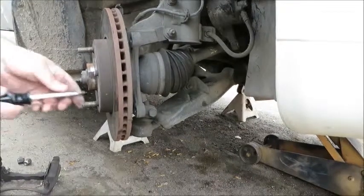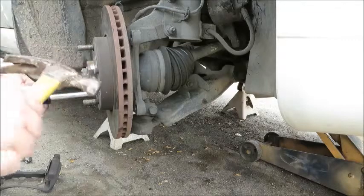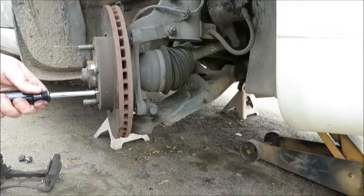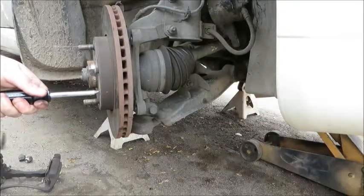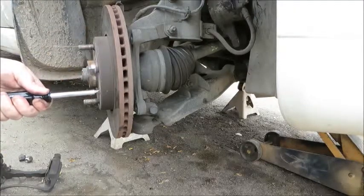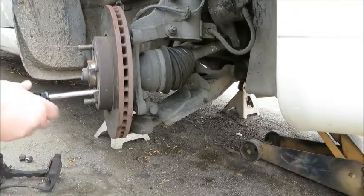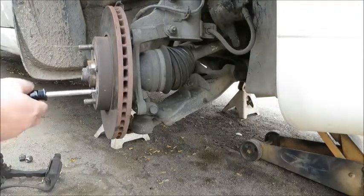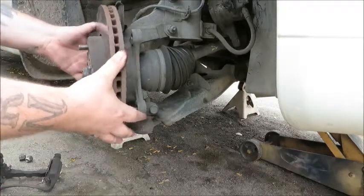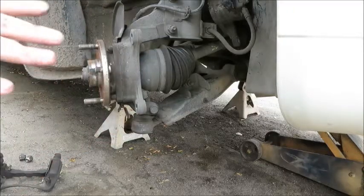So what I'm going to do now is break this loose. Sometimes with driving, everything heats up and cools off, and the metal expands and shrinks. So what I like to do, especially with a Phillips or a flathead screw, Allen's not so bad, but sometimes they'll strip, is hit the end of the screwdriver and it'll come right off. What it does is jar the screw, so it just breaks stuff loose. Once you get that, you can see it moved a little bit, so you wiggle it off. Okay? Once you've got it removed,